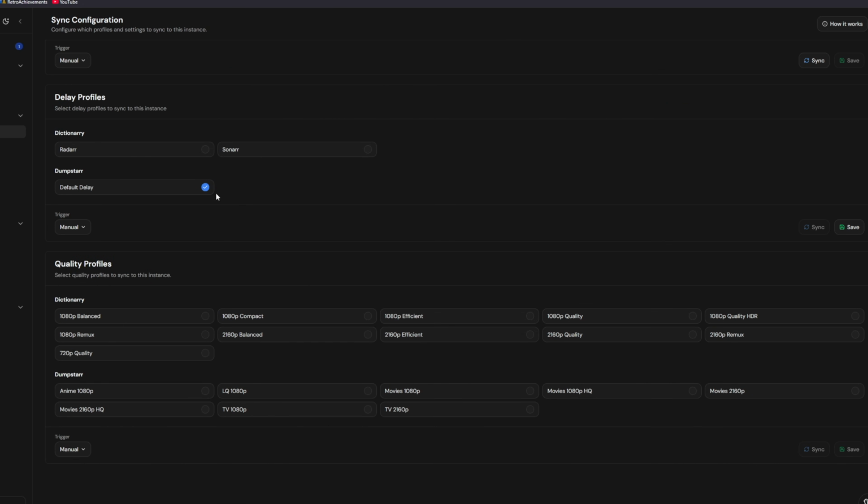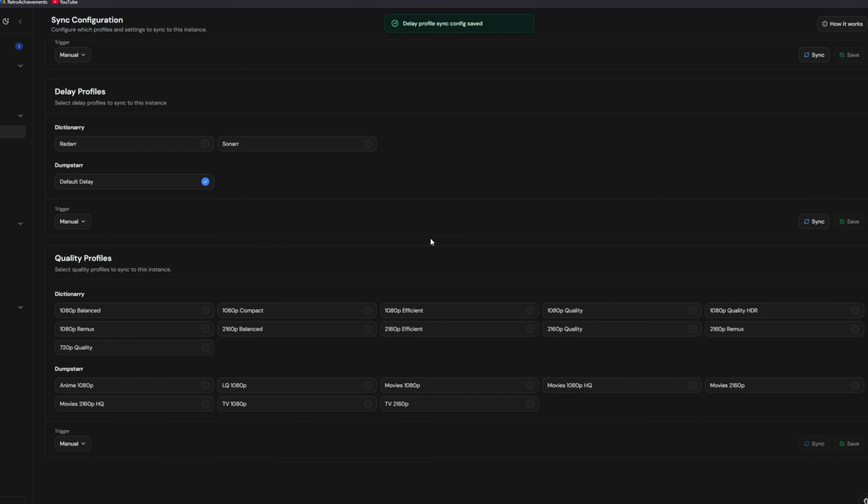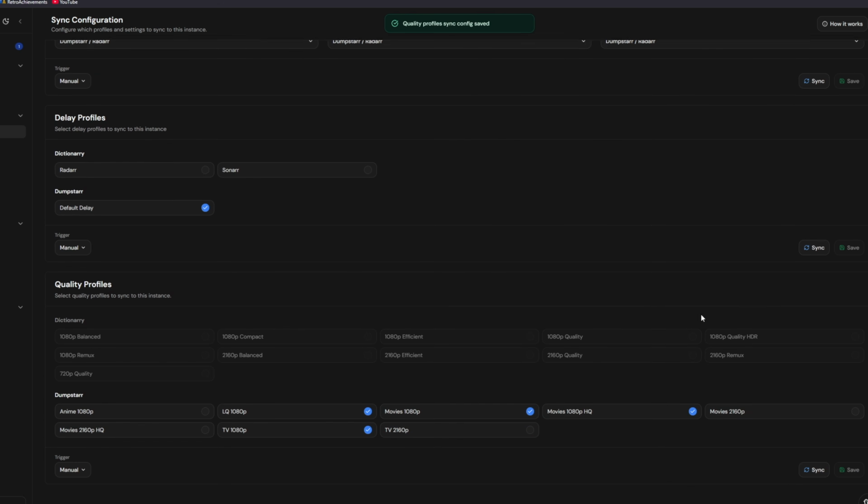So the delay profile, we'll use just the default. For our quality profile, we'll do LQ 1080p. I'll do TV 1080p. Movies 1080p. And we'll do 1080p high quality as well. What I tend to do is I'll have low quality as the default. And then, like I said, if I really like something, I can go in and I can manually upgrade the profile myself. Okay, so if I hit sync,